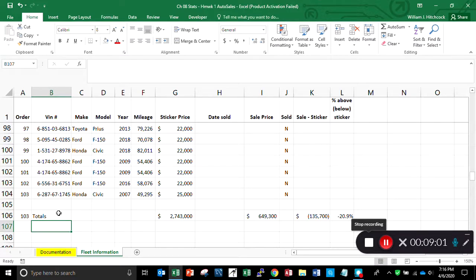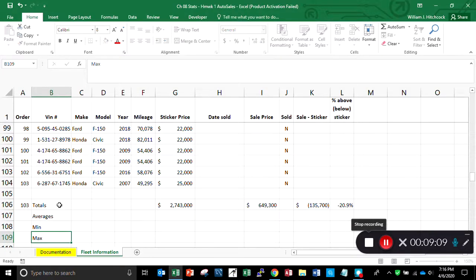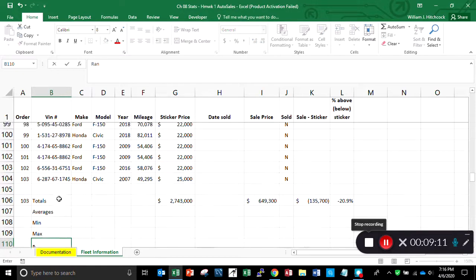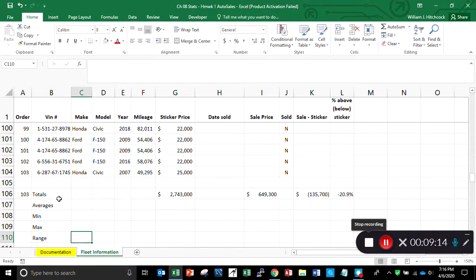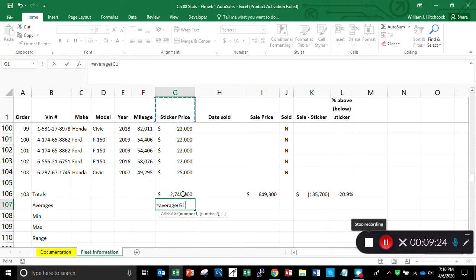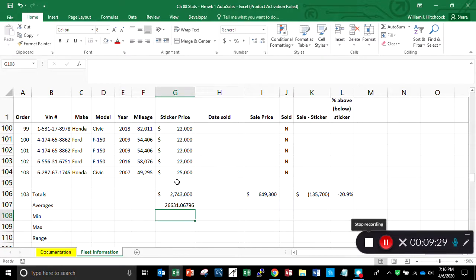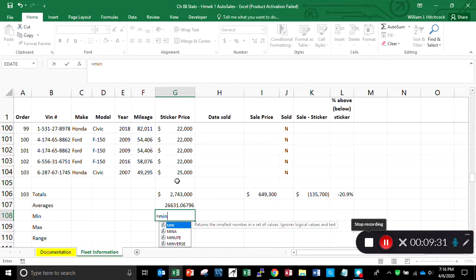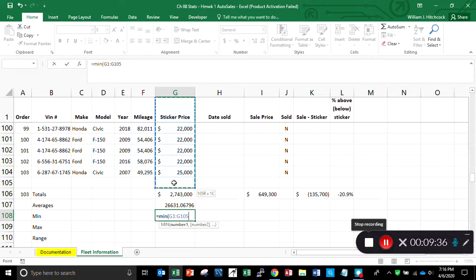Other things we can do are the averages, the minimum, the max. I like to put in the range to find out how we're doing on these. So for my averages, it's equals average, parenthesis. This time I'm going to click on the sticker price, hold my shift key down, and click on the last cell there. For minimum, equals min, parenthesis, click on sticker price, hold your shift key, click on the last blank